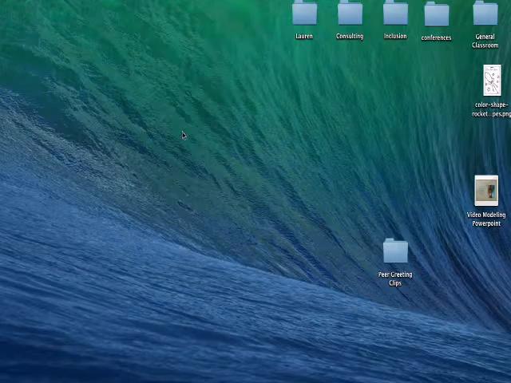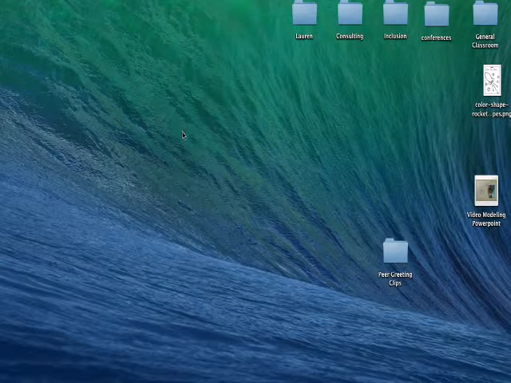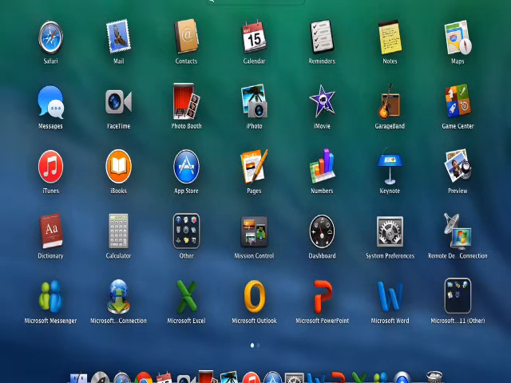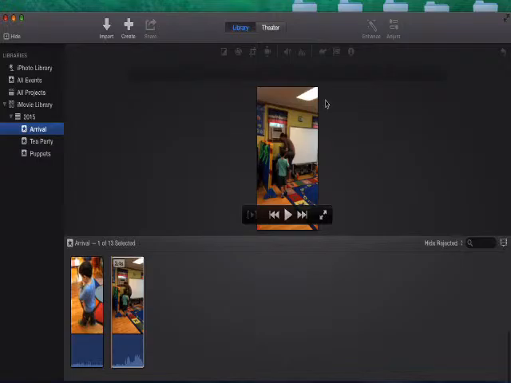I'm going to show you how to make a self-modeling video using iMovie on a Mac computer. First, you want to go down and go to Launchpad and find the iMovie app. You click it and it should come right up. And once it's started, you're going to create a new event to import all of your clips that you want